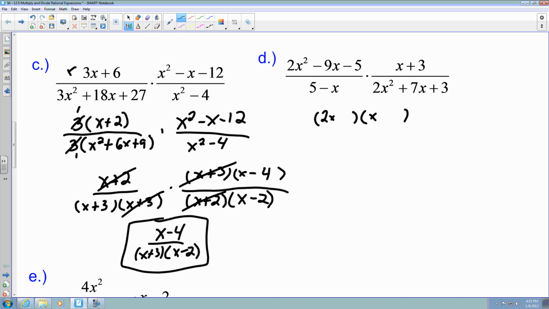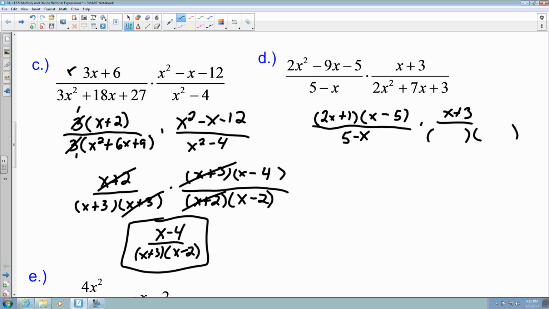The negative 5 means the signs are going to be different, and the negative 9 means it's going to be larger. Let's see, probably 5 here and 1, minus, plus. Yeah, that should work. I'm going to leave my 5 minus x times x plus 3 over,